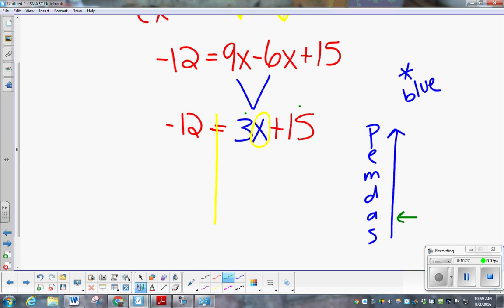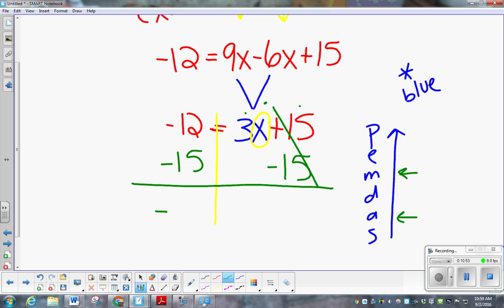So we have adding and multiplying. We need to undo the adding first, then the multiplying, because we're working in backwards PEMDAS order. So to undo adding 15, we need to subtract 15 from each side of that line. If you're simplifying, you don't have to do it to each side, like when we combine these like terms. But if we're actually taking something away or adding or doing an operation, you have to do it to both